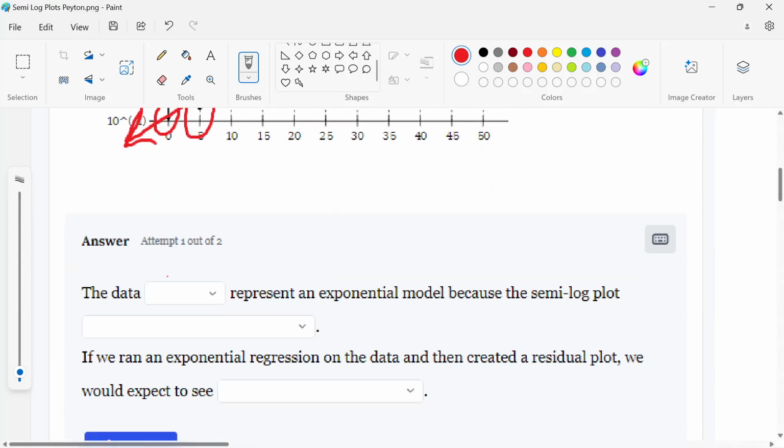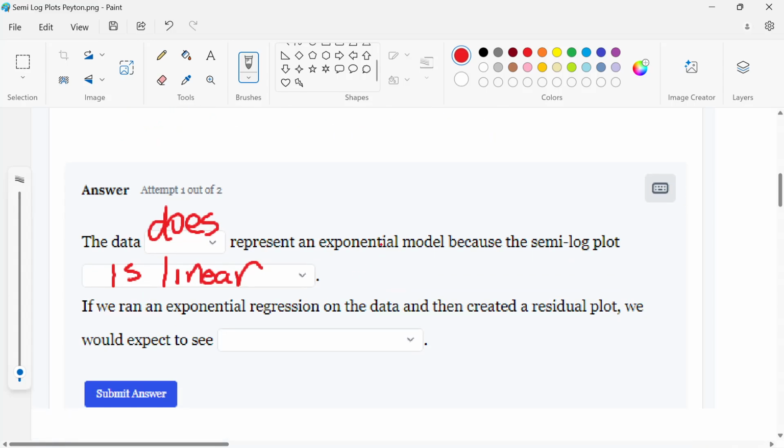So the data does represent an exponential model because a semi-log plot is linear, looks like a line. And maybe the choice is linear increasing, linear decreasing. Anything that's a line, whether it's going up or down, would be an exponential model. If we ran an exponential regression, who is we, and then created a residual plot, we would expect to see, well, since it is exponential, no discernible